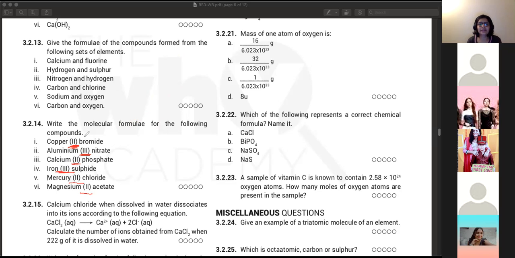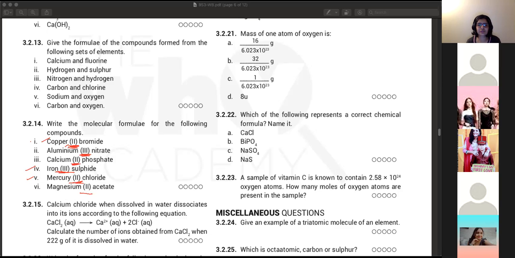Correct. ठीक, so bracket में जो भी Roman numbers है that will basically give you the valency of the cation. So aluminium, magnesium के केस में, calcium के केस में इतना you won't come across it, but wherever, as Raghav said, variable valencies जहाँ पे भी है, so that's copper, iron, mercury, so these kind of elements, like iron can show +2 or +3. So that's why you have ferrous, ferric, right? So copper can show +1 or +2. So to make it clear which one it is showing, bracket me, you put it like this.